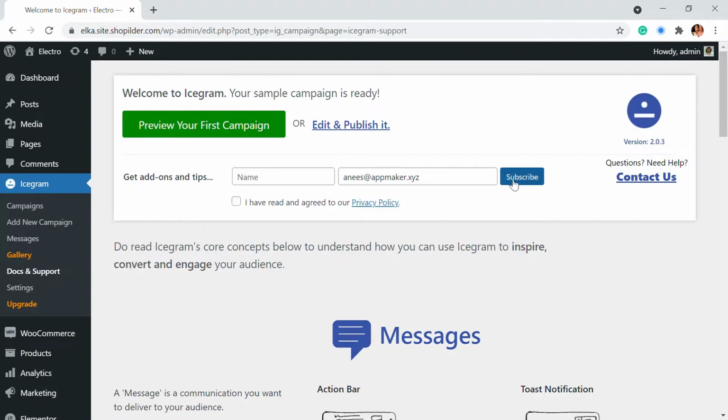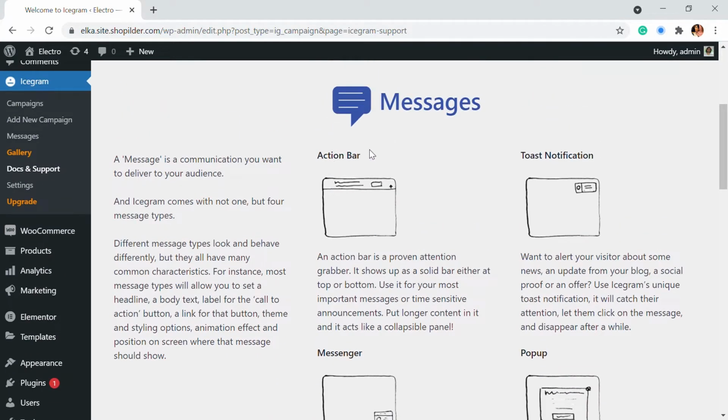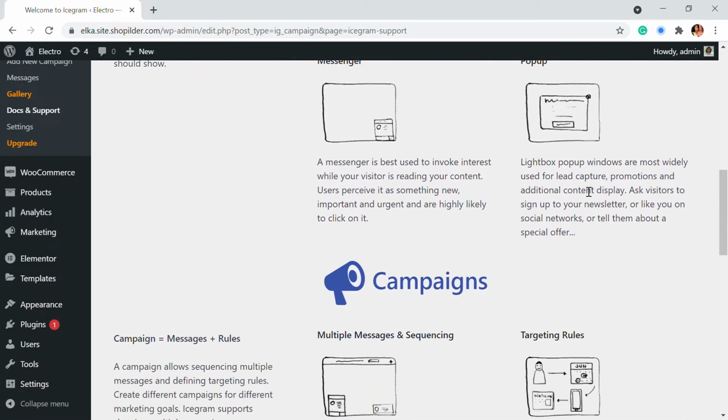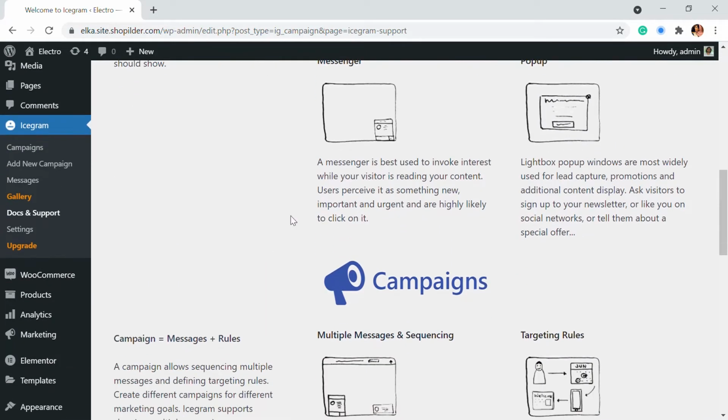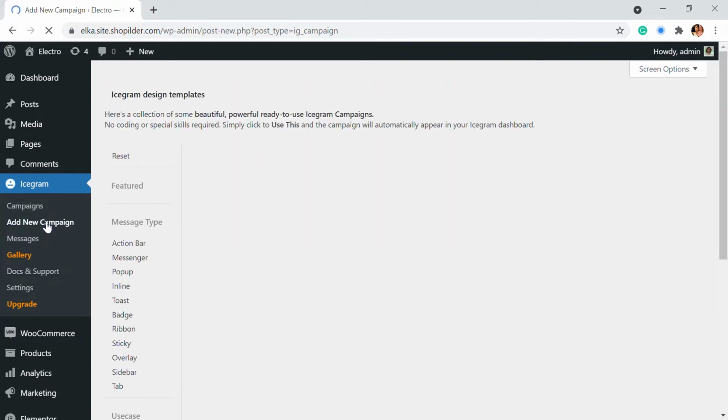So you'll be taken into this page right here. It has various things like action bar, toast notification, messengers, pop-ups, etc. Here we need to create new campaigns and add them. If we just go to the campaign section, you'll be able to see different campaigns that you have created for your website. Here all of them will be listed. To create a campaign, you can just click on add new campaign right here,